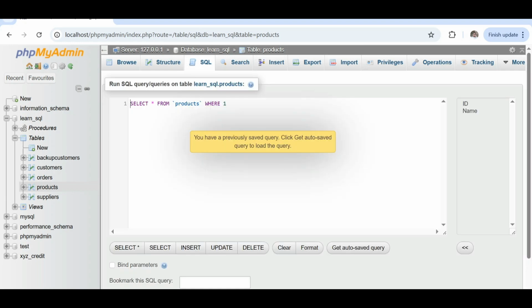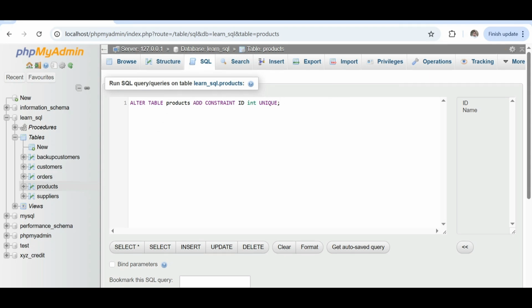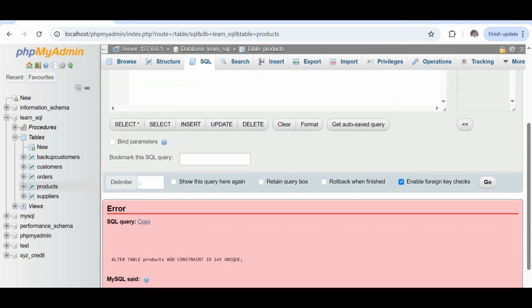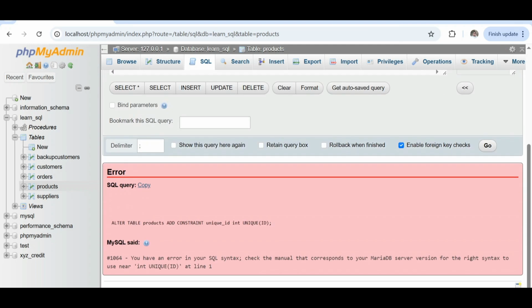Okay, the next is the unique constraint. The unique constraint ensures that all values in the column are different. I will use the alter table query. Okay, I'm sorry, the syntax is wrong. We'll use unique ID and ID. Is it right?